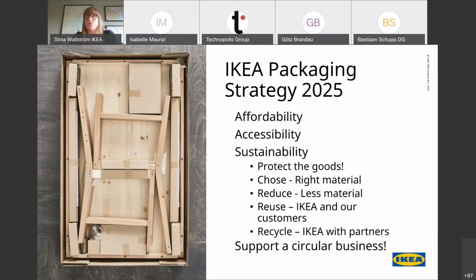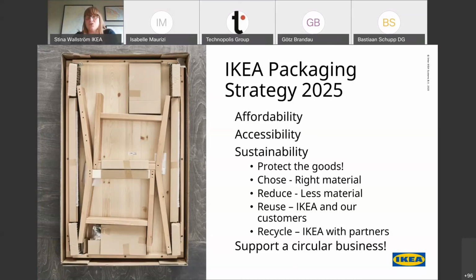There's nothing worse for the environment than a sub-optimized packaging, making the goods come to harm. We have within IKEA no product where the packaging is more environmentally burdensome than the product itself. So we need to protect the goods. But we need to do that, of course, in the right way.